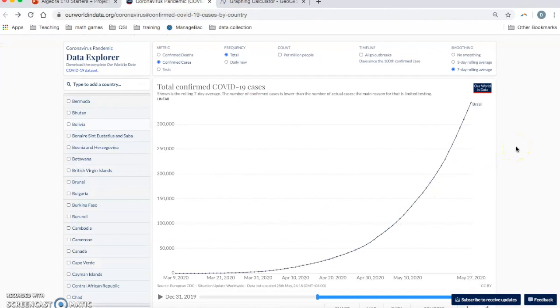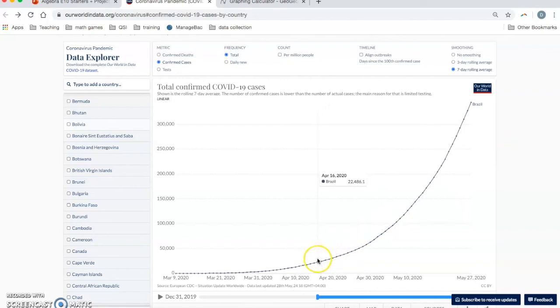All right, so we're back with Brazil here. And the concept of doubling time is exactly what it sounds like. It's the amount of time that it takes for something to double. If we have exponential growth, that means that the doubling time should be about constant. Okay, so